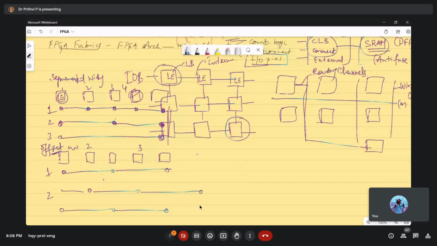That means programmed means it has to be configured. Configuring or programming is the same, the name is the same. Programming has to be done to interconnect the segments. Okay, as a designer, if he is